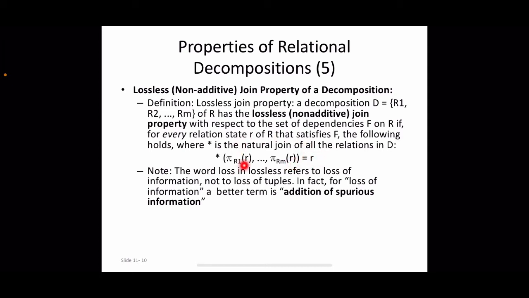If we take the join of all these together, the tuples we get should be the same as the tuples in the original relation. That is the property meant by lossless join property.